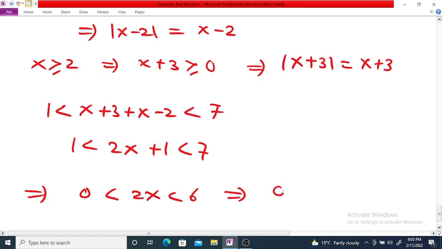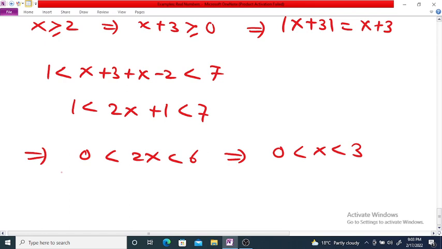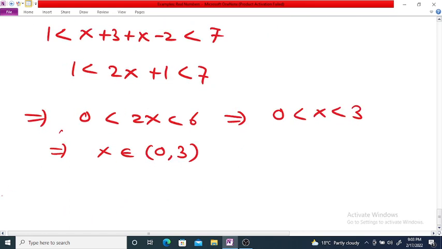So this implies 0 < x < 3. So here x, the collection of all x in the interval 0 to 3, is the solution for case number 2. Now for case number 3,